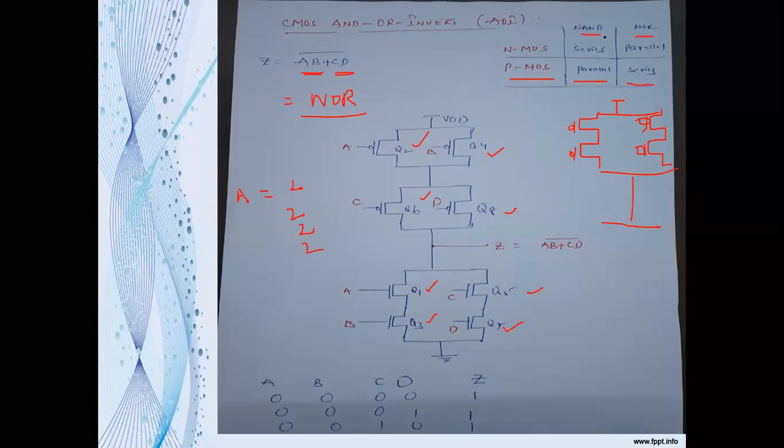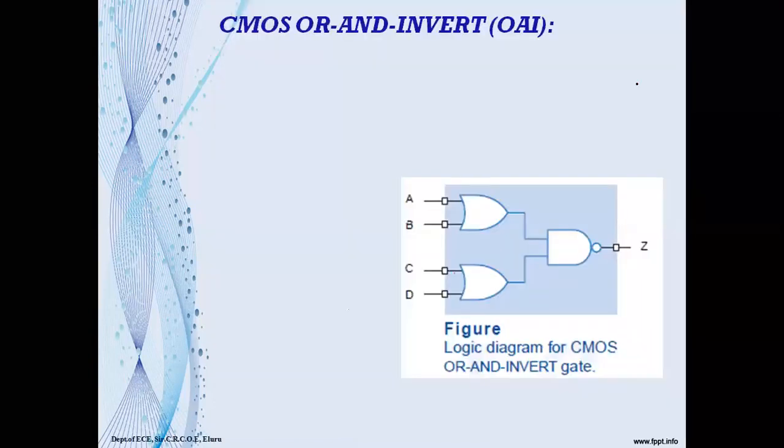So you have to remember these two conditions so that you can easily realize even if the logic function has complexity. Even complicated functions we can easily draw as a CMOS logic circuit. So now let us move on to the next one, the CMOS OR-AND-invert. Here also it is a two-level logic, and you are implementing the CMOS logic function with a single level of transistors. So basically, what is an OR-AND-invert?